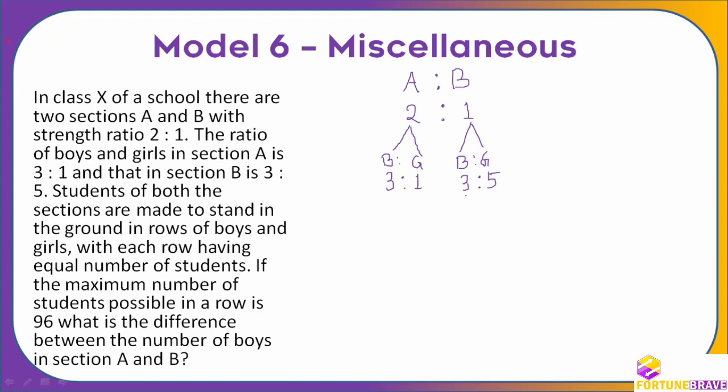See here, this is 3 plus 5. So can I make it 8 so that I know exactly the number of boys? I'm just trying here. I'll make it 8. If I make it 8, I have to make it 16. If I want to make it 16, can I still follow this ratio? This is anyway going to be 3:5. That is not a problem.